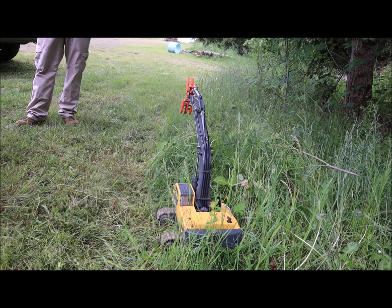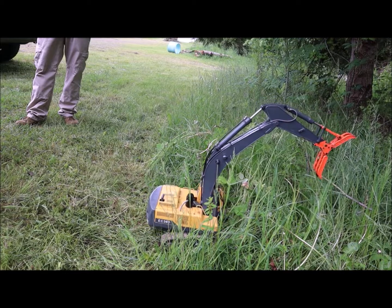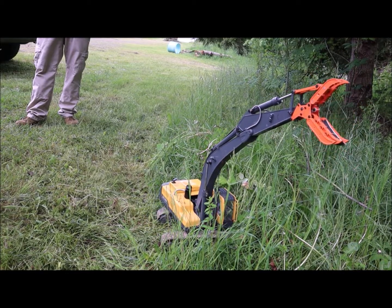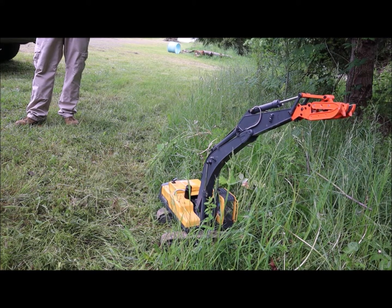Oh man. So maybe I need to... Yeah, it needs to be higher up, huh? The blade needs to be a little taller. A little bit taller, I think. I thought there'd be a little bit more strength in the...